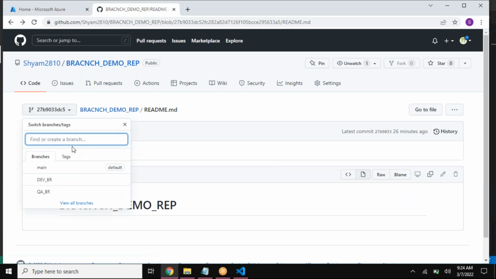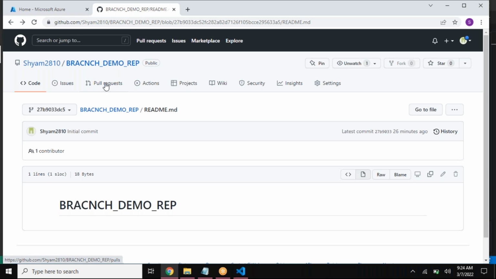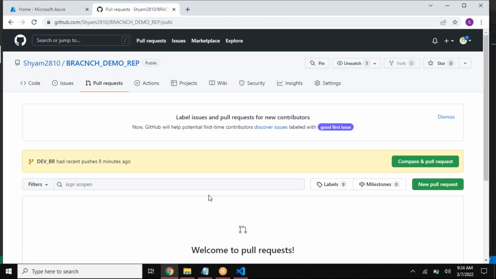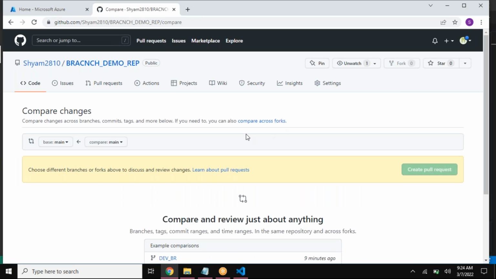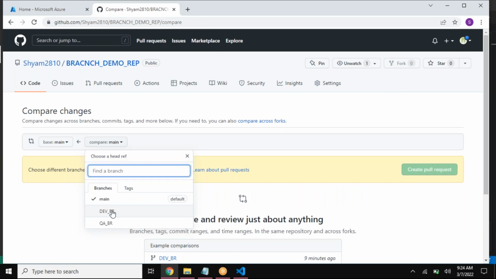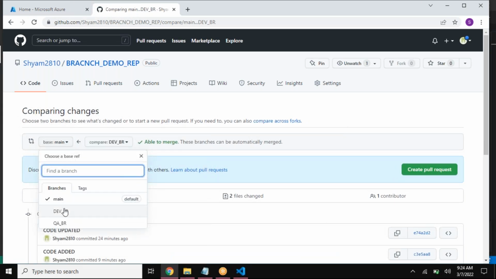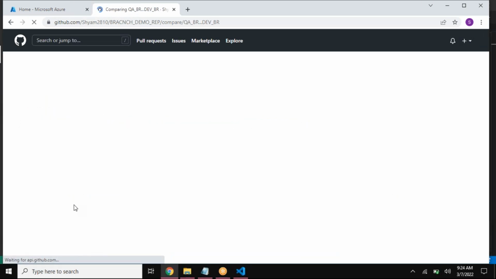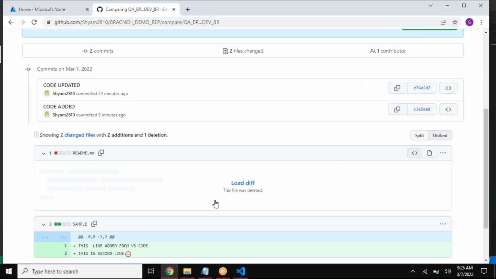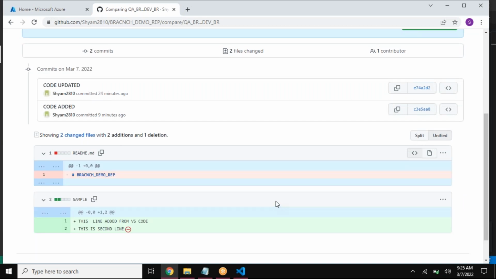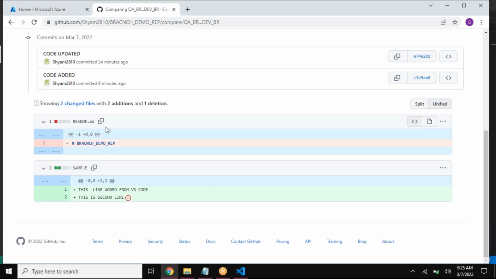Okay, so for now, let me create a pull request. Let me push it and see what's happening in here. So a new pull request in here. I'm trying to move from my dev to my QA branch. Once you do that, it shows you enough of the things you have in here. It doesn't see any difference in here. Yeah, I can see